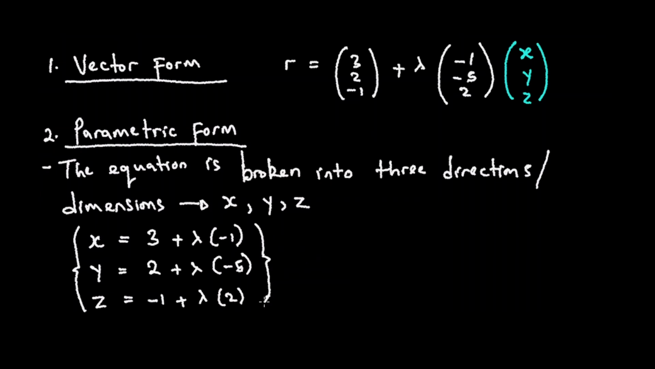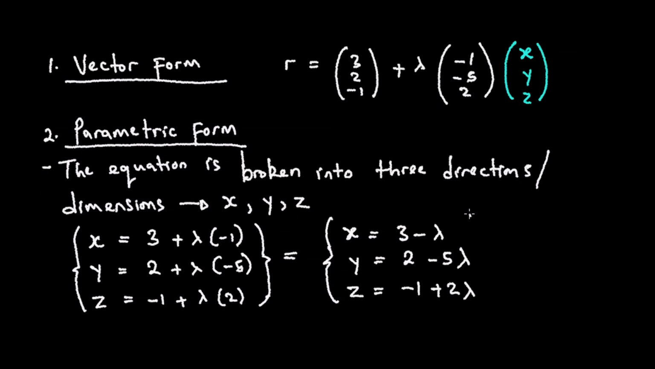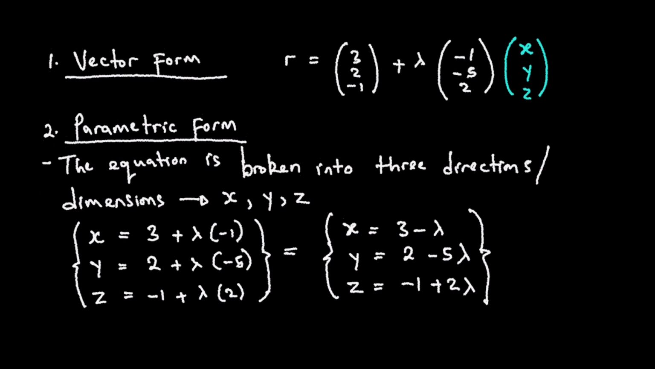Then of course we are allowed to further simplify, our answer being x is equal to 3 minus lambda, y is equal to 2 minus 5 lambda, then z is equal to minus 1 plus 2 lambda. Like that. We are done. That's the parametric form. We are breaking down our equation into its directions. Okay, then for our number 3, which is the coordinate form,